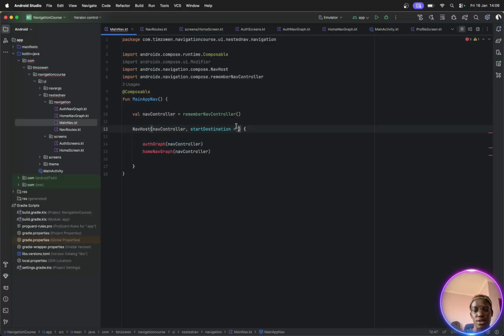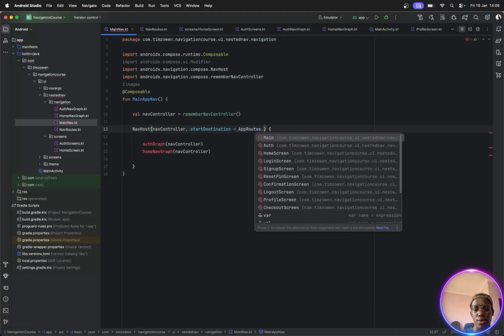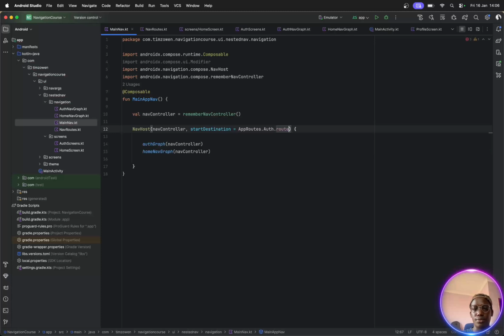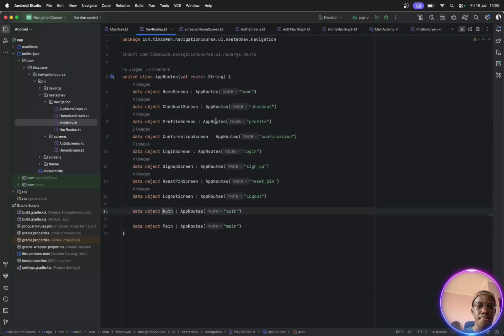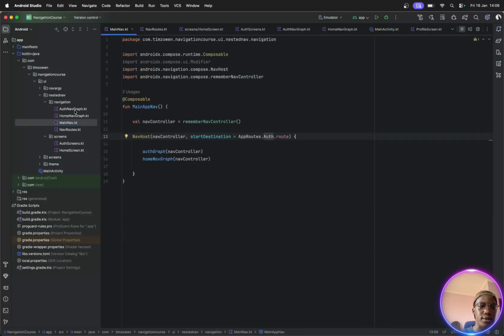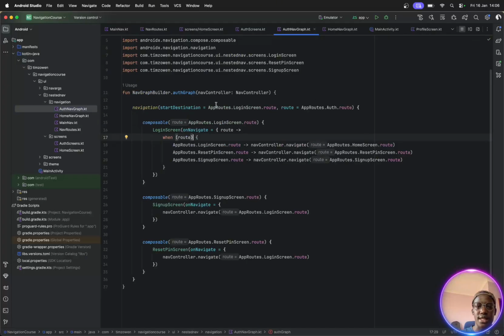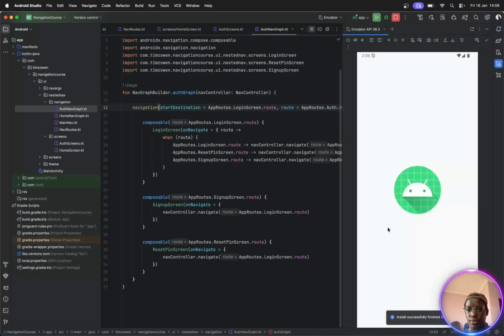our start destination will be AppRoute dot authentication dot route. So we are using this route, and if you go to the authentication route, our graph holding the authentication, here you see our start destination is mapped to the login screen, and it maps to the graph containing this one. So if we now run, we should be good. Yeah, we're now good. So you can go to login, you can go to profile, you can come back home,